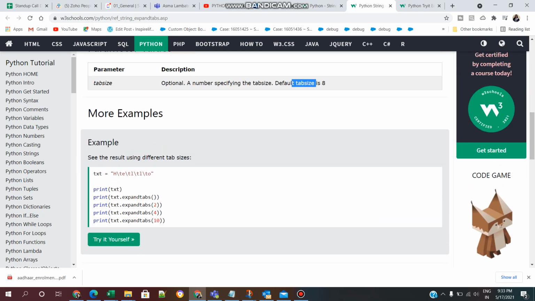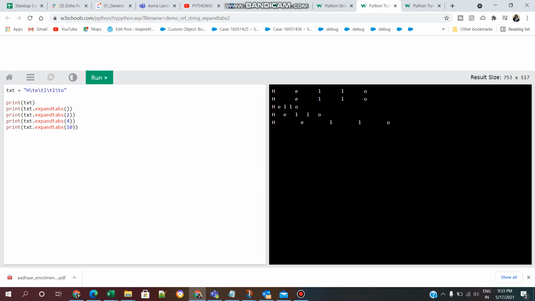Now we will see more examples. See the result using different tab sizes. So here we are not giving anything. Here we are giving 2 tab spaces, 4 tab spaces, 10 tab spaces. So we will see this example practically. So click on try it yourself. See how we are getting. First we are printing x.